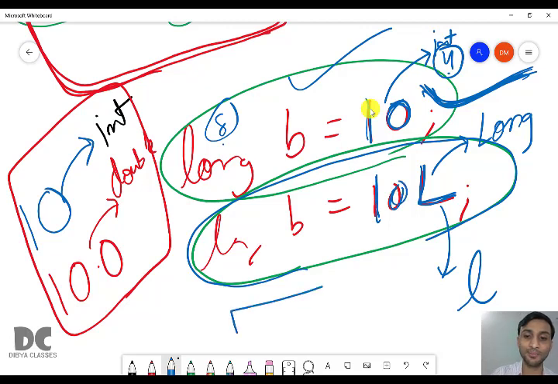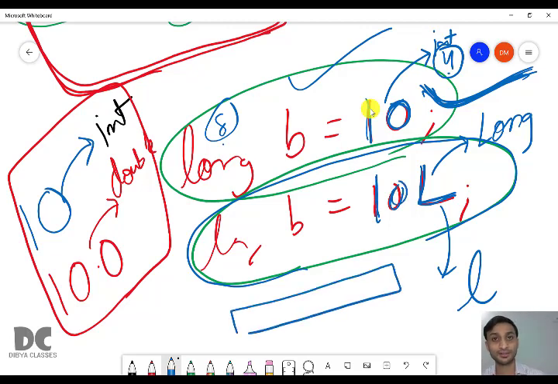In the table which you have studied, the range of all the data types is given. If you are storing a value, for example, a phone number is a 10-digit number. A phone number is too big to keep in an int data type. You have to store it in long. If you don't write L after your mobile number, it will give you an error.